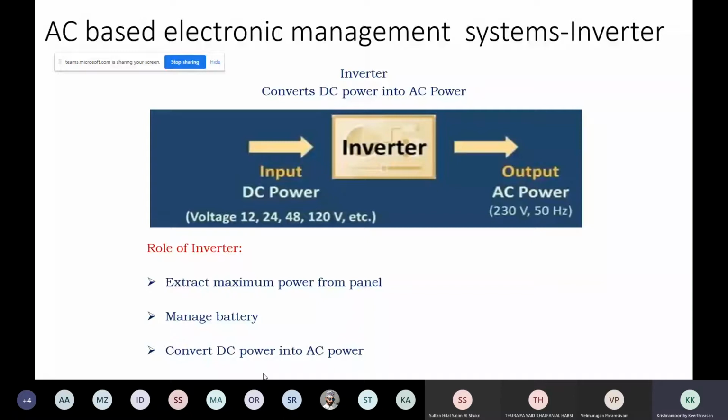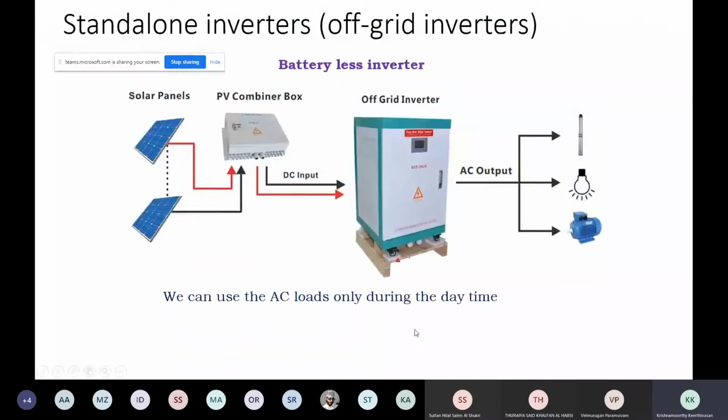See, this is a standalone inverter. Standalone inverter, off grid, means this is nowhere connected to the electrical grid. You have solar panels. See my cursor. I can move only my cursor. Solar panels, and those solar panels are giving to your solar photovoltaic combiner box, because all the mini panels will be feeding a combiner box, and from there the collected DC input is given to your inverter. Inverter will convert this 12 volt DC into 240 volts 50 hertz AC as per Oman requirement.